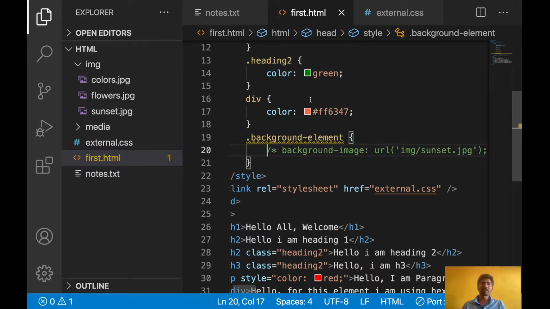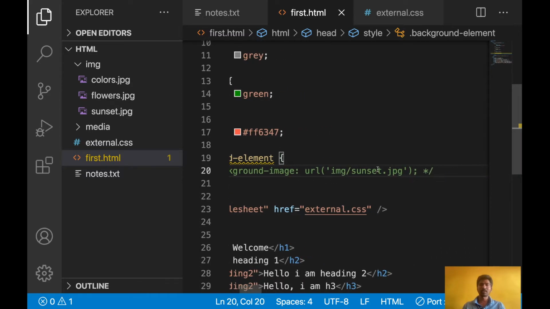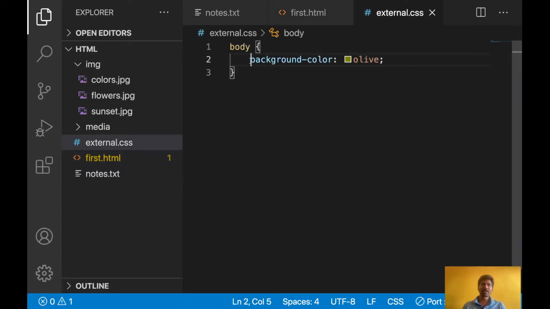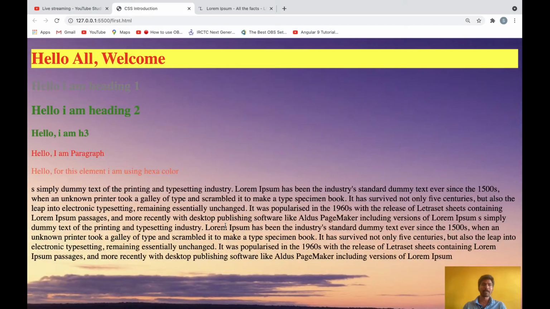So let's copy this one. Instead of for the paragraph, apply it for body, then you will get to know. Now let's see. See, the background image is coming like this.